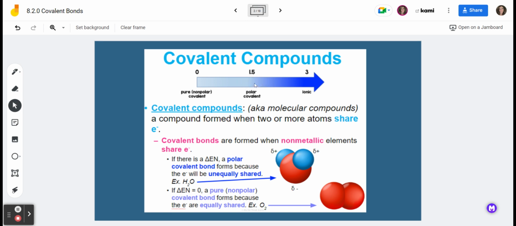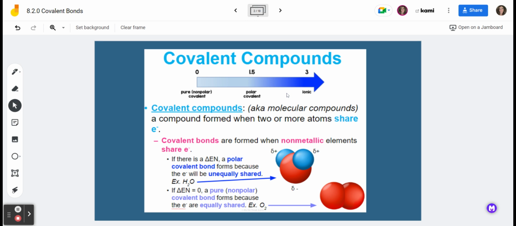So they're being shared, but not equally. We consider 0 definitely nonpolar, and we also have a margin of error at 0.5 that we still consider nonpolar. When we have something greater than 2 difference in electronegativities between two atoms, that would be considered ionic,